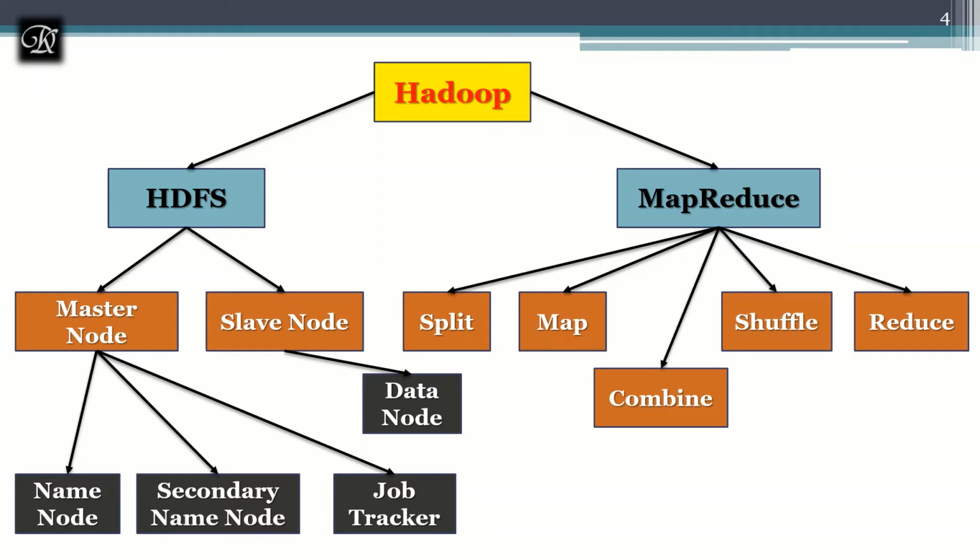And it's going to provide a reliable file system which maintains multiple copies across the cluster. Why do we need multiple copies of the same data? Because if one data node goes down, we should not lose the complete data. That's why it's going to make a copy of it. It's going to keep a replica of it.